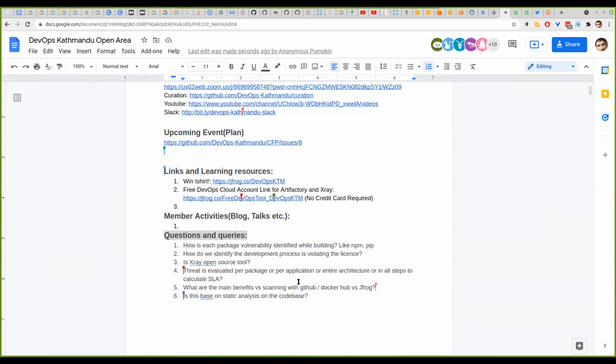Okay, so when Xray scans it, it finds that this version is not secure enough. So this is an example of security. Coming to the license,